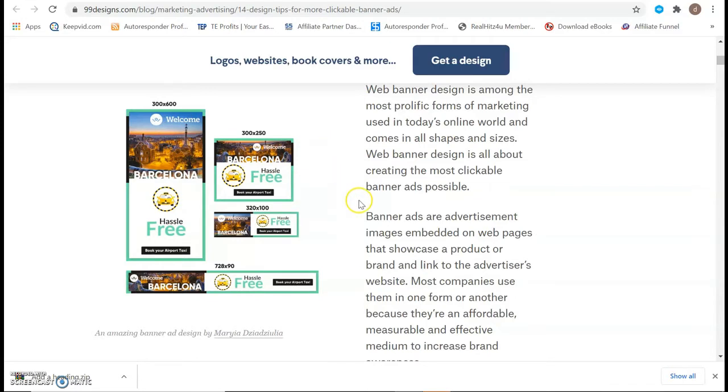So if you have not seen GIF banners, these are some of the examples here, and there are various shapes and sizes of these banners as well. You can see there is one 300 into 600 size banner, which could be on the right hand side or the left hand side of your website. This 300 and 250 is also placed on the right side primarily, while this banner 728 into 90 would be mostly put at the top of the website or at the bottom, mostly at the top. So these are some examples of the banners you could be seeing in various websites. Let's figure out how you can create some simple GIF banners.